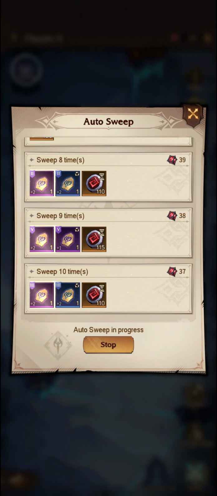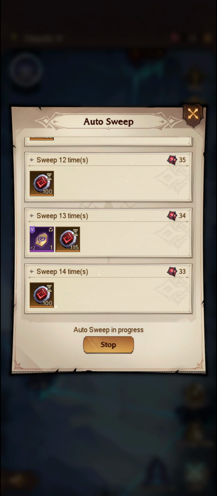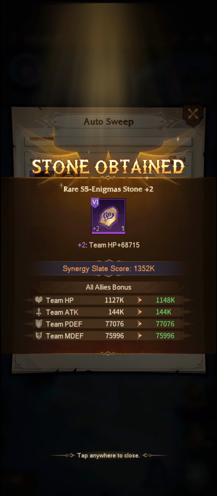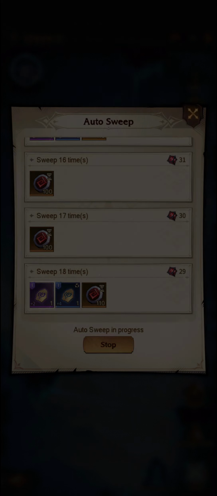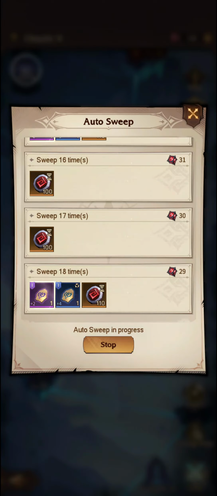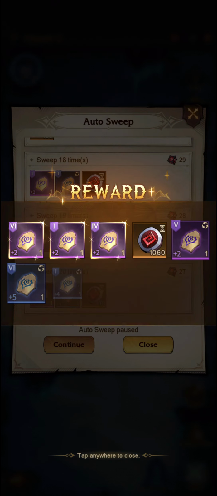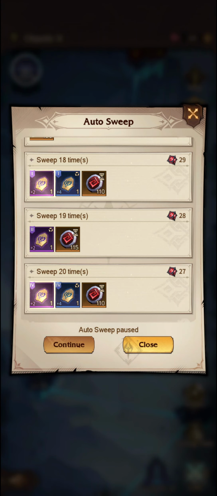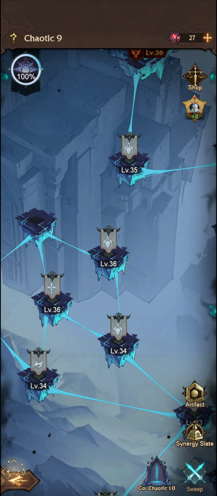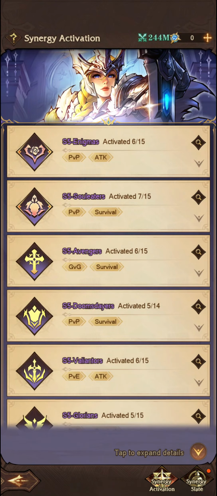There we go. Uncommon 2 to uncommon 4. Hey, we're nearly there. I think that's it. Looks like it. So that's all of our slates up to rare 2. Spot on. And the reason that I'm doing this is if we go into our synergy slate here, we can